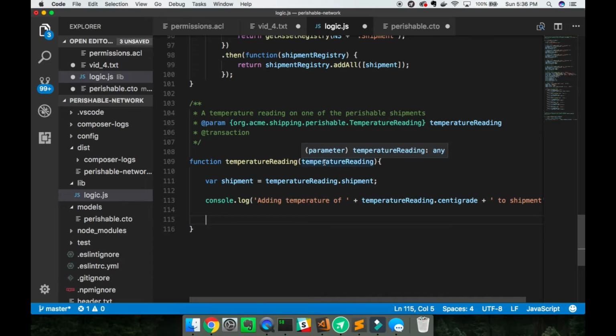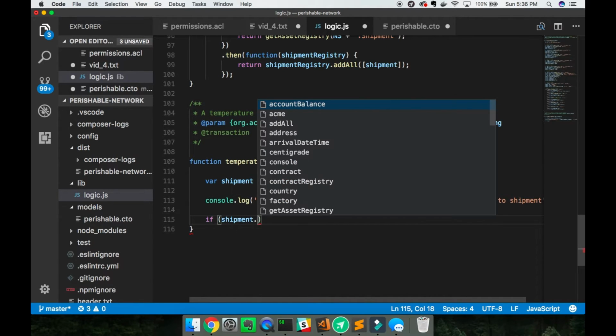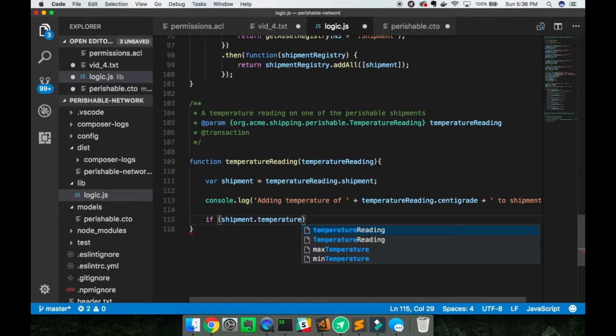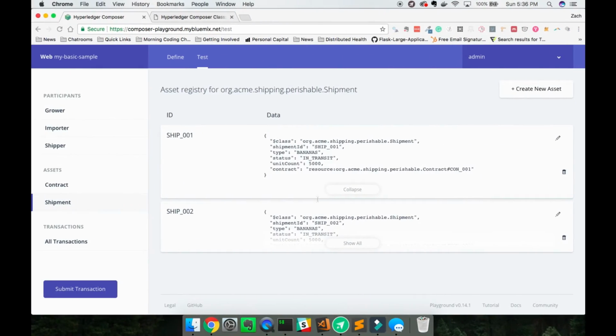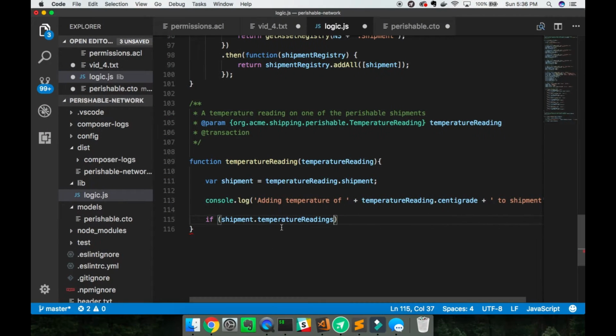Now we're going to come down and just execute a little bit of logic. So we'll say if shipment, which refers to the shipment that we are doing the temperature reading on. So if shipment.temperatureReadings, and if you recall, that refers to, remember, if we created a new shipment and went to the optional properties, that includes the array of temperature readings that we already have. So we're saying if there are temperature readings already on this shipment, what we're going to do is we're going to say